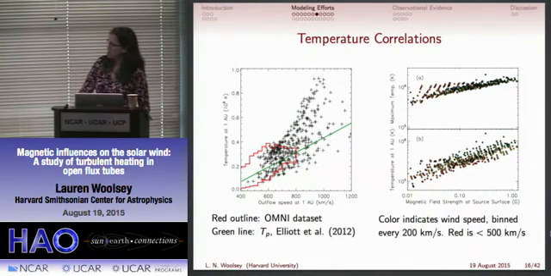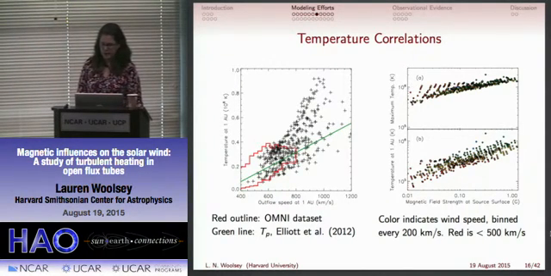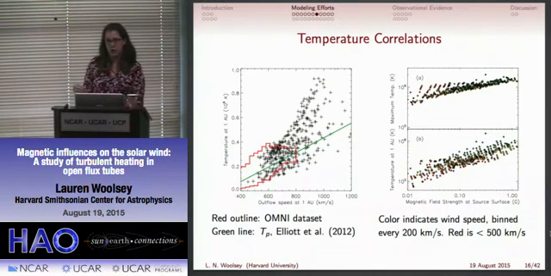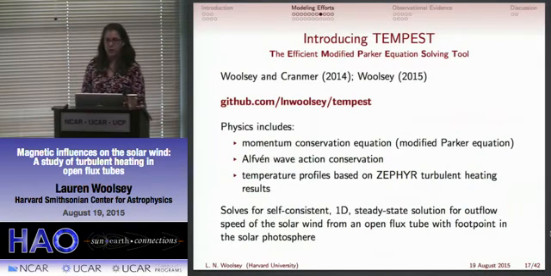And if you can see, it's kind of hard. All of these dots are color-coded. They're binned by every 200 kilometers per second. So the very lowest points here are the red points that have lower than 500 kilometers per second. And if you look at each bin, there's actually a much stronger, tighter correlation in that bin than when you look at everything as a whole. So you really can get a strong correlation between the temperature and the magnetic field,